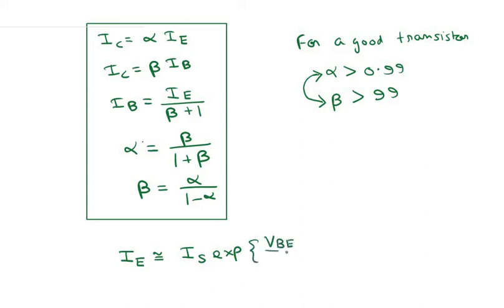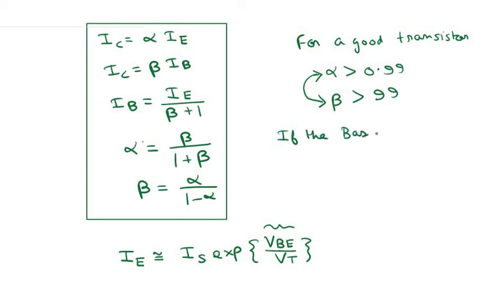Okay, and VBE is the base to emitter voltage, which is approximately equal to the cut-in voltage of the base to emitter diode once the base to emitter junction is forward biased. So if the transistor is operating in the forward active mode, that is, if the base to emitter junction is in a conducting state,